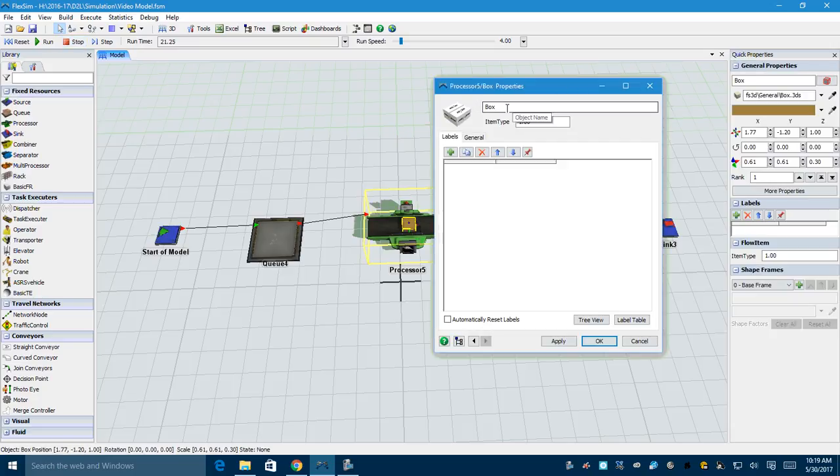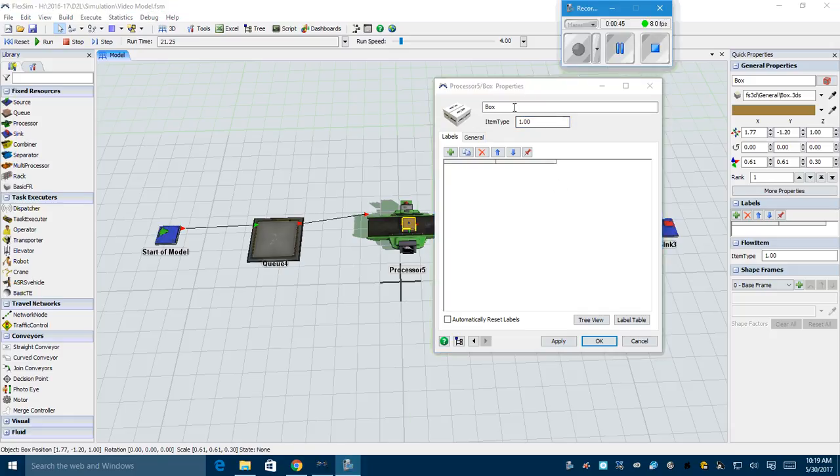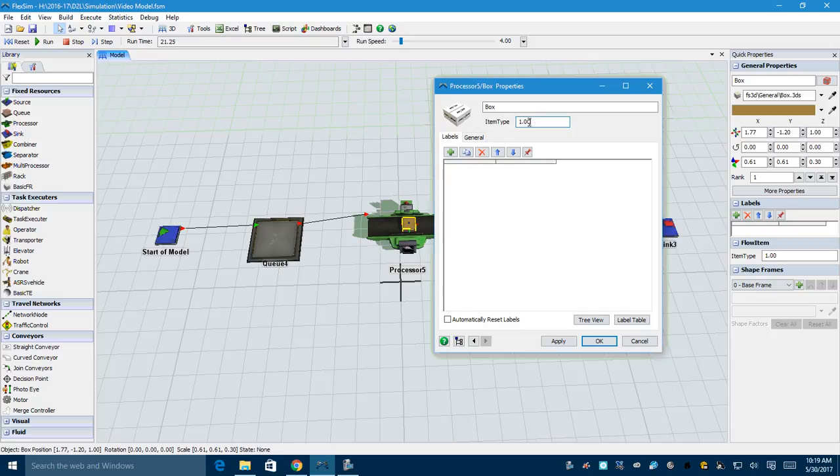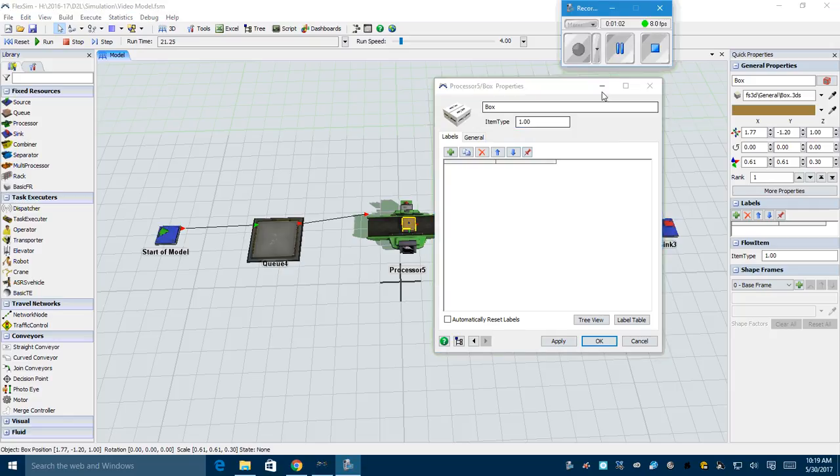properties. So this visually appears as a box, which you see right here, and the item type is classified as 1. Item type is the primary characteristic of your flow item, and it is a value that is stored in each and every flow item that travels through Flexsim. The visual appearance actually is not the important part in Flexsim. The visual appearance is only what we see. What's really important is the coding that is behind all of this pretty stuff, and the value item type is very important because the number is used to determine how we route different flow items to different directions in our